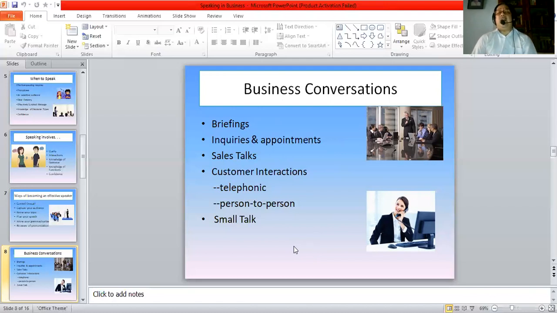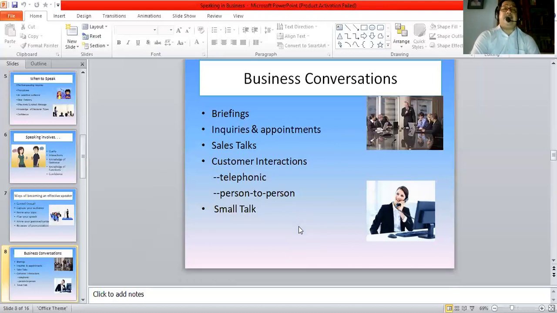And there is also a plethora of small talk, like talk during the lunch break among colleagues, small chat during meetings, and informal spaces. Talk over a business dinner or lunch. So tea time talk. So all this is taking place all the time. These are different kinds of business conversations that are taking place.